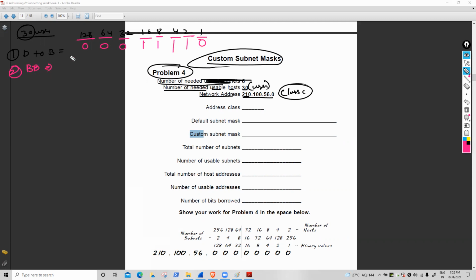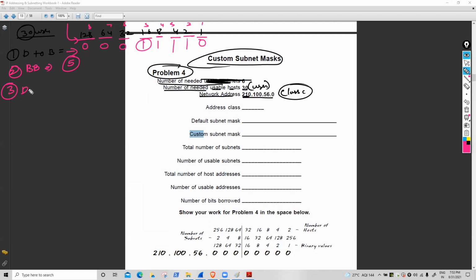Which one is the borrow bit? The position number comes from this side. 5. Very good. Because right now 1, 2, 3, 4, and this one is 5. 5 bits. Clear? This one is 6, 7, 8.